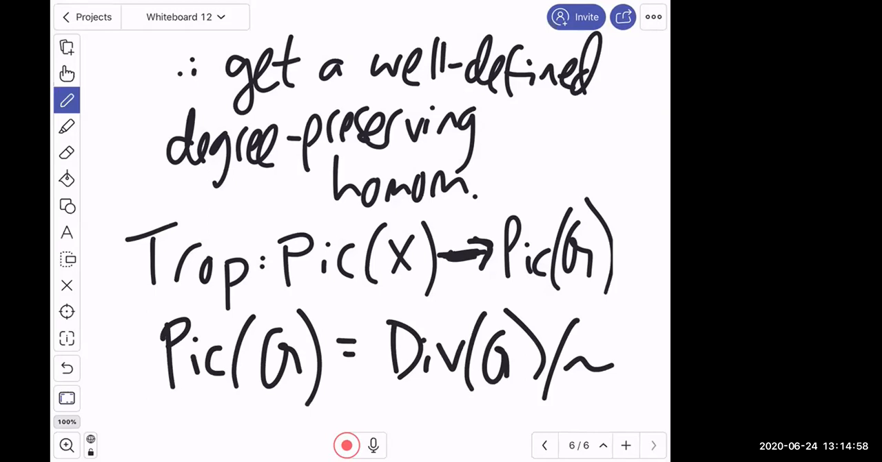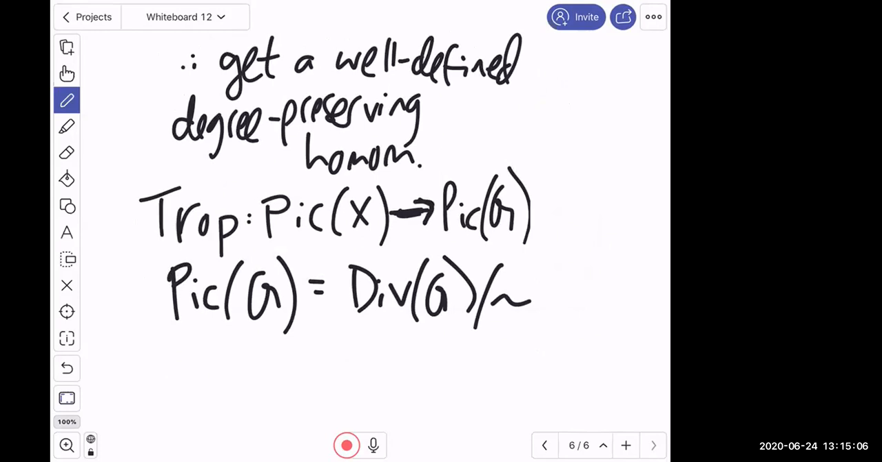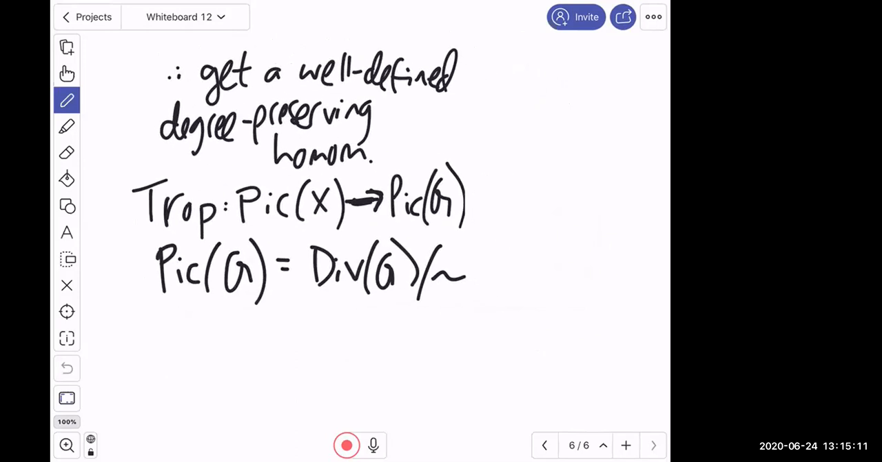So this is what we'll call the specialization map or the tropicalization map. And the point is that it makes sense to talk about the rank of a divisor, of an element of Pic G, because the rank of a divisor by definition is invariant under linear equivalence. And so the specialization lemma